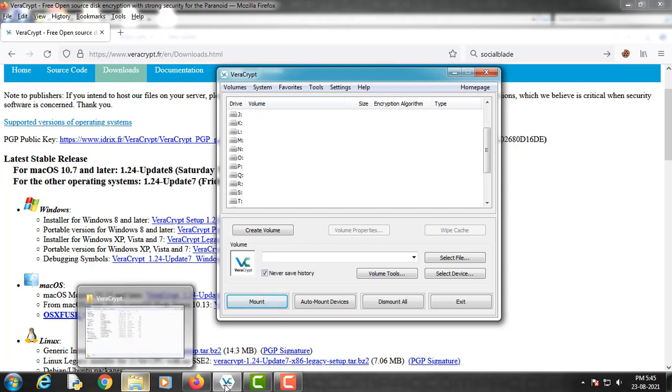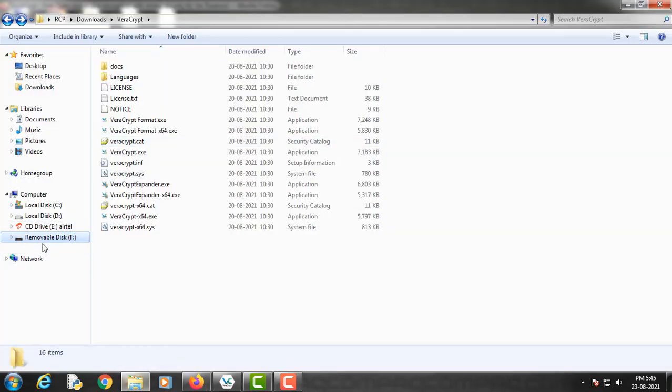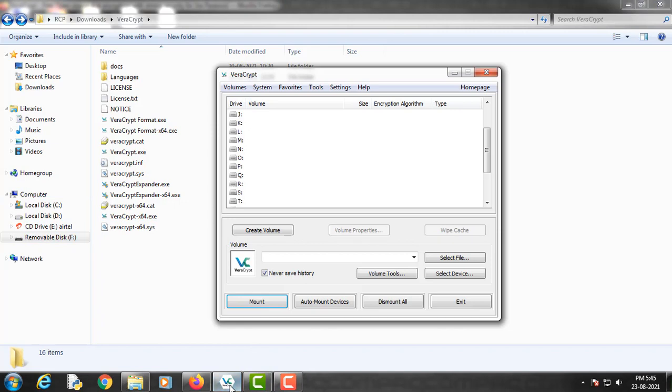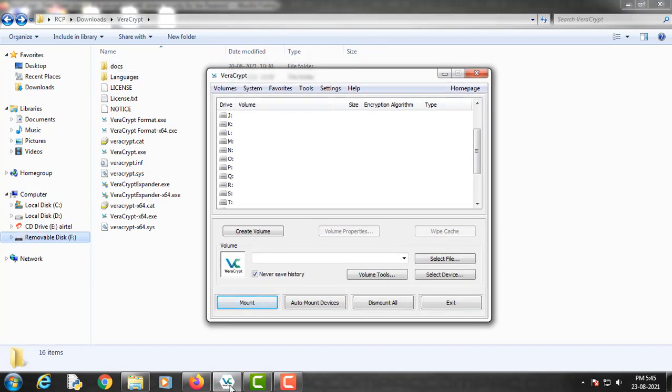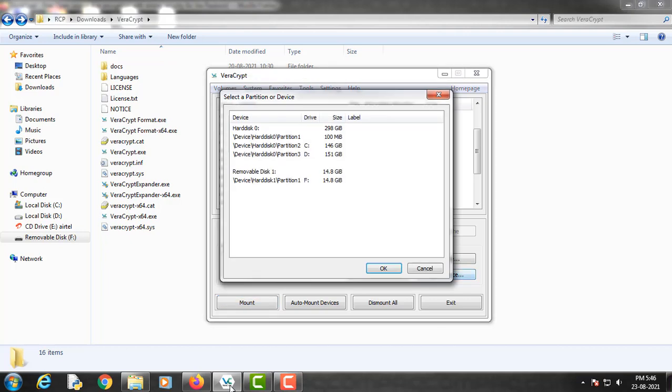So now let's encrypt this F drive. For the purpose of demonstration, I'm going to encrypt this F drive with the help of this VeraCrypt software. So let's get started. First of all, you will have to select the device. So here, just click on this button and click here.